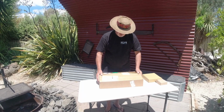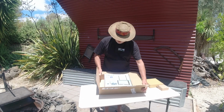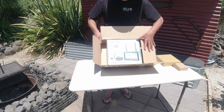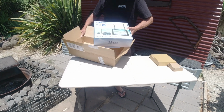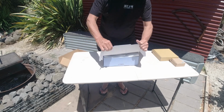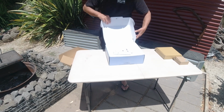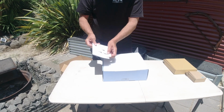Received this package from Haloview. They've asked me to do a review on their BT7 tyre pressure management system. It's come really well boxed, and I'll just show you exactly what's in it. So, as usual, well packed. We've got all the instructions on how to use it,